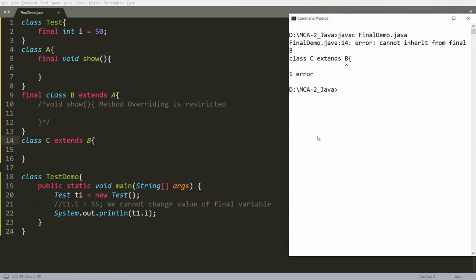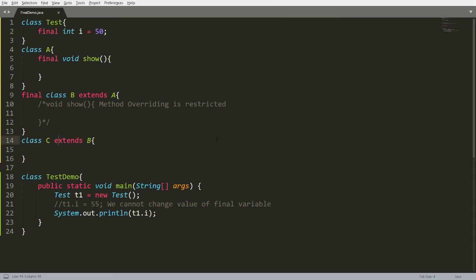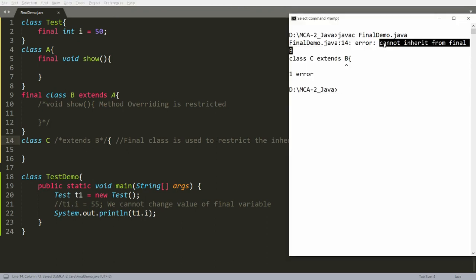So if you compile this, you will get an error: cannot inherit from final class B. So whenever you declare a class as final, the final class is used to restrict inheritance. You cannot inherit from a final class.